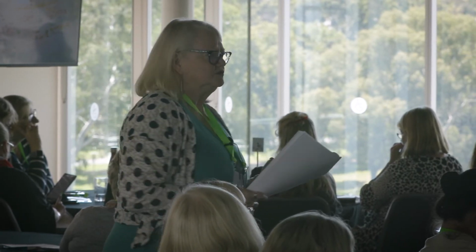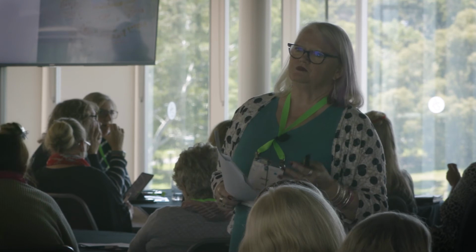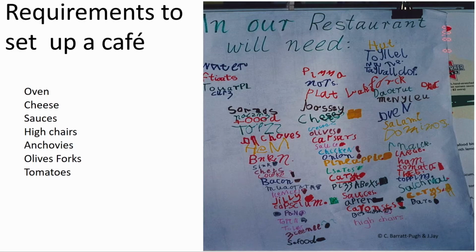It actually turned into a project where the families were supporting the children's literacy as well, because when you say to someone, I don't like capsicum on my pizza, the child's going to say, how do you spell capsicum? And so you can see how it will snowball. And at school, we were backing that up with getting the children to read back the responses from the families. We set up this list. We're going to set up a pizza cafe in our classroom. What sort of things do we need to have, and what sort of things do we need to include?